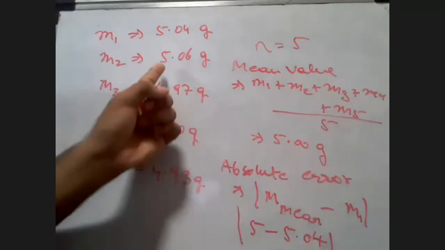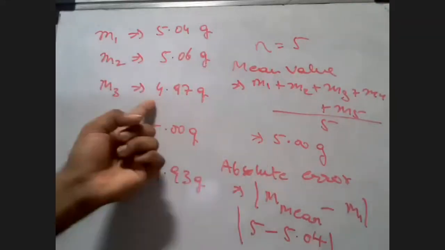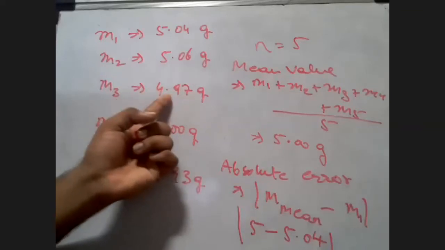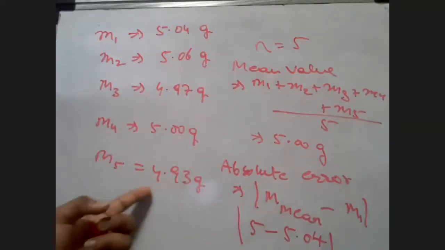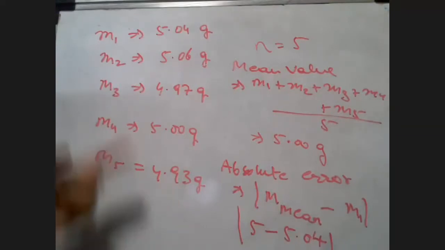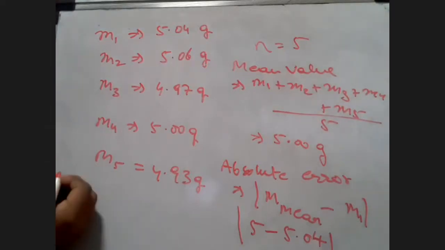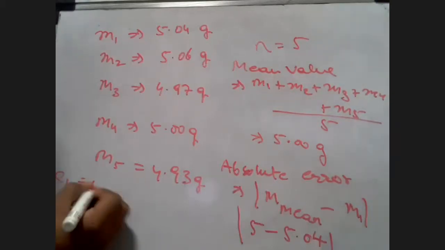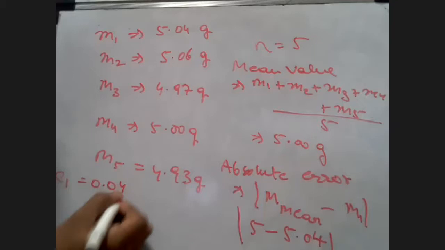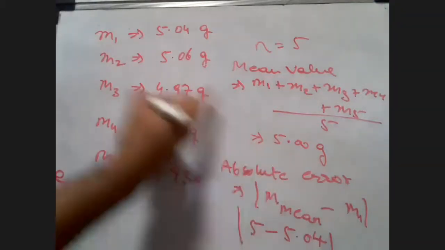5 minus 5.06 will give you 0.06. 5 minus 4.97 will give you 0.03. 5 minus 5 is going to give you 0. 5 minus 4.93 gives 0.07. So these are absolute errors. That is going to be my error number 1, E1, which was coming out to be 0.04. Let's say E2 is going to be 5 minus...